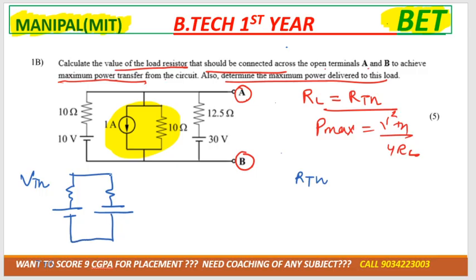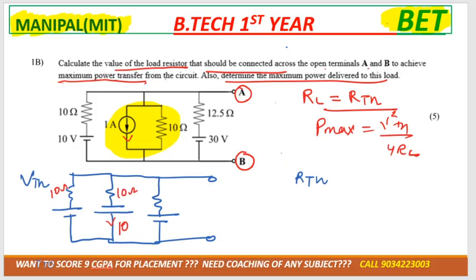Tell me यहाँ पे voltage की क्या वैल्यू आएगी बताओ. टेन. एंड आई हैव टेकन द साइन लाइक दिस कि इसमें करंट नीचे जा रहा है तो हमारा भी करंट नीचे ही जाएगा. This is 10 ohm, 10 volt, 12.5 ohm, 30 volt, A and B. You need to calculate VTH. VTH means VAB. तुम कहाँ पे खड़े हो? A पे, जाना कहाँ पे है?